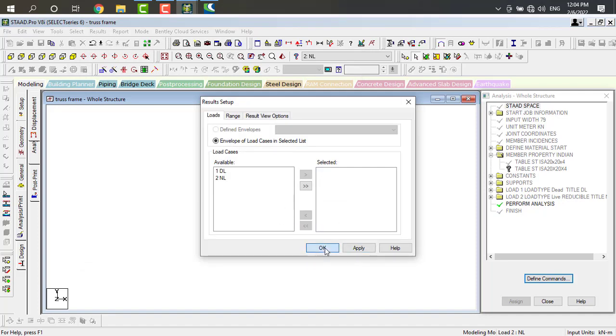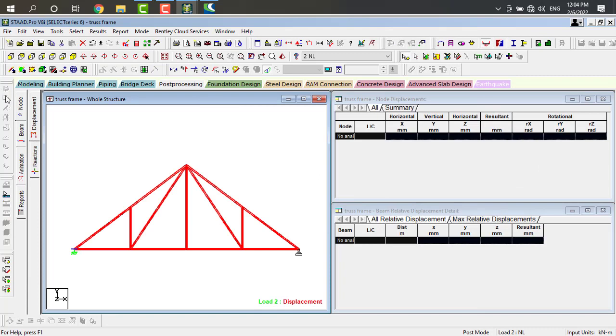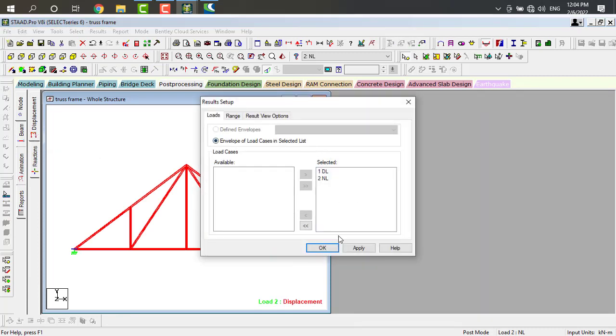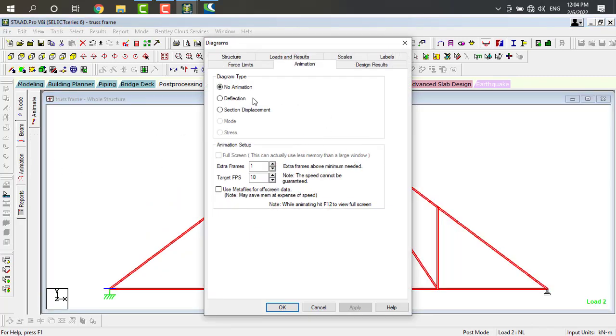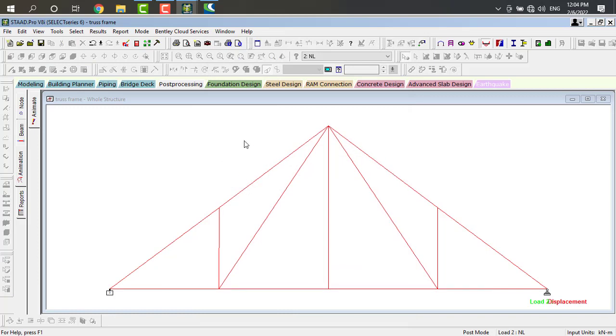We have to apply these two. Okay, here we have to observe the displacement. In the animation, go to animation. First of all, here we have to view the deflection. Click on apply and click on OK.